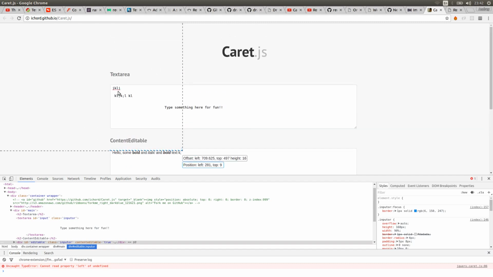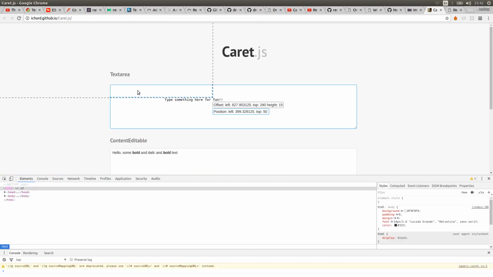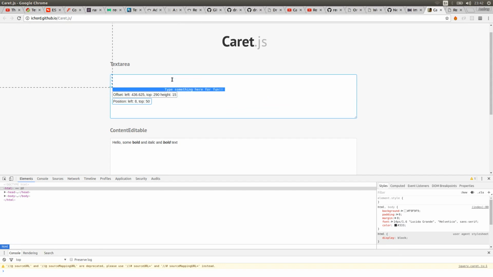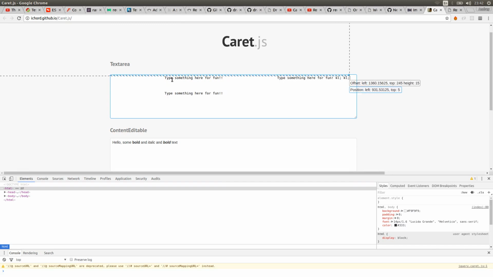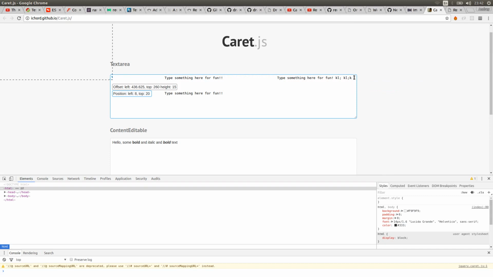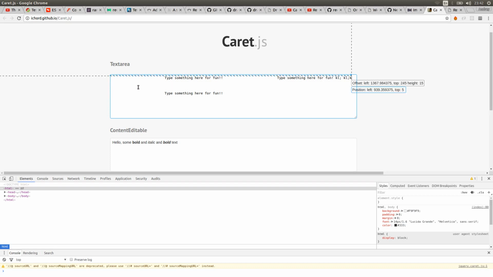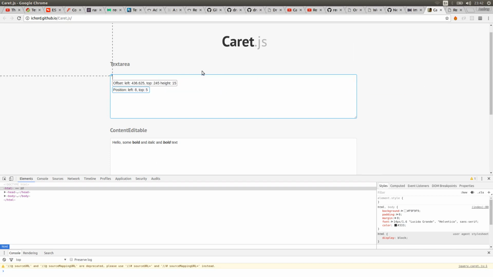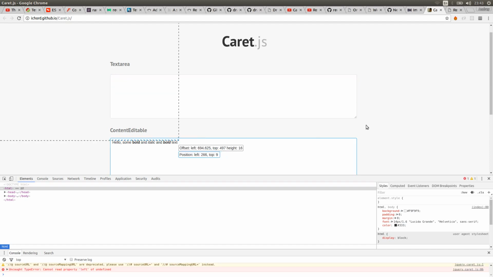And in fact, let's see. This is quite a glitchy page, but I can even demonstrate the problems with the text area. So when you see what's happening here, my cursor or caret is still on line 1, but for whatever reason its position is being reported as having been broken to line 2. I have no idea why this is happening, but this is the problem that I observed with this text area based approach. Now in content editable,